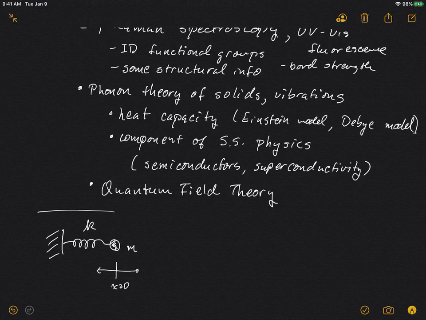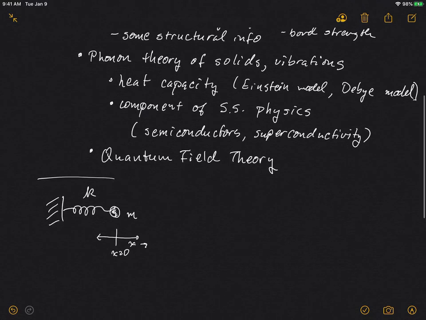So we'll set x equals 0 at this equilibrium position, and then this would be the positive x axis. That's the basic physical picture. We have some sort of spring connected to some fixed point, a wall or something. At the other end, we have a mass m,